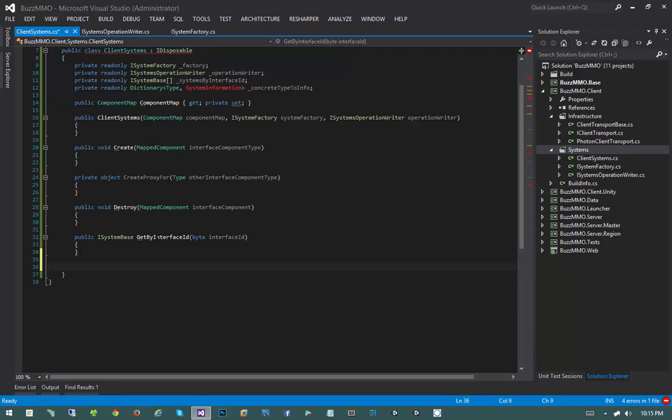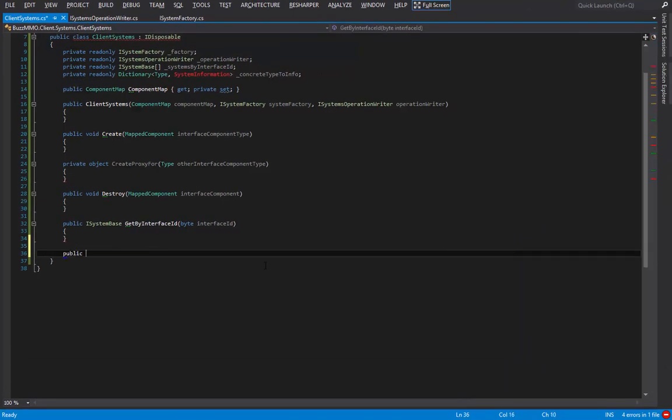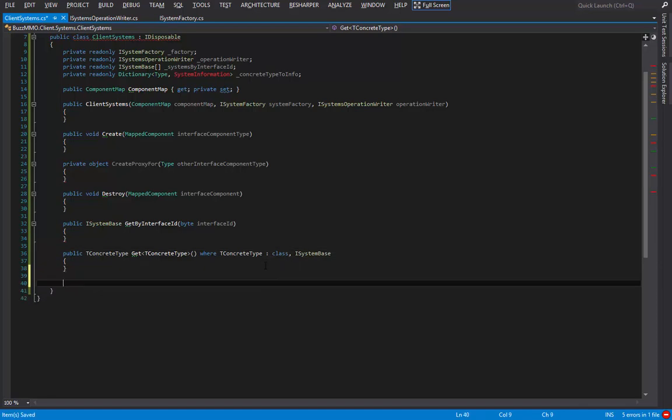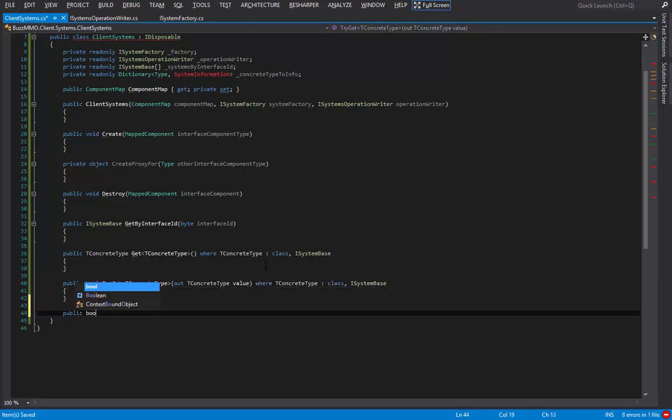Then we're going to have a couple more methods. Like I said, this is a big one. We're going to have a public T concrete type get T concrete type with a generic type constraint of it being a class and iSystemBase. Then we're going to have a public bool try get T concrete type out T concrete type value, where T concrete type is a class and it implements iSystemBase. Then we have a public bool contains, and we have T concrete type